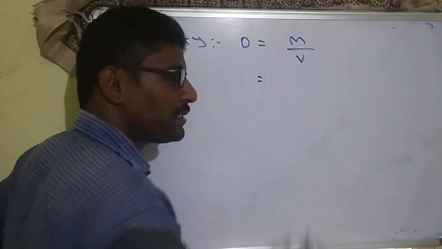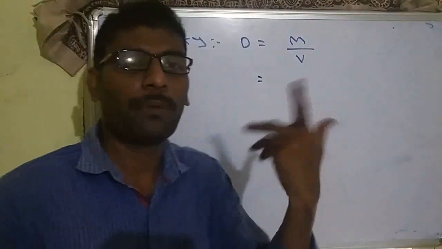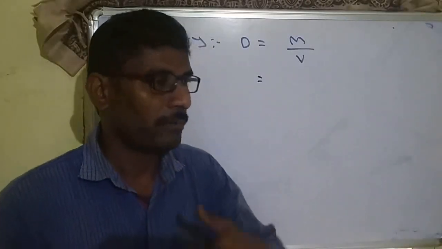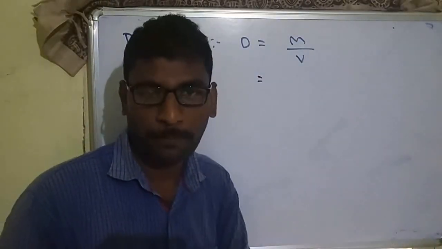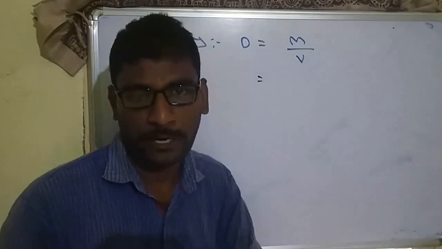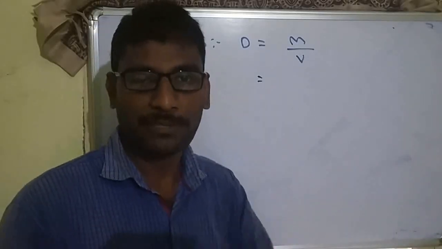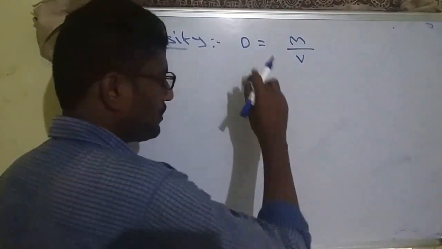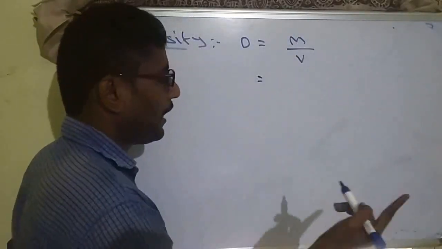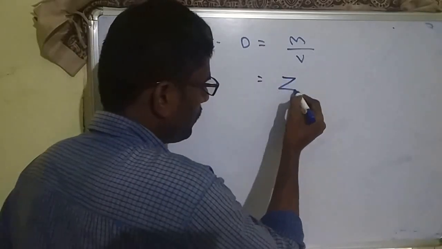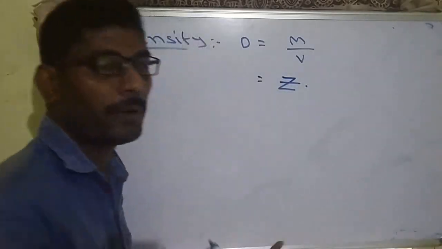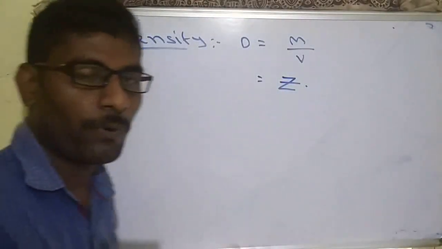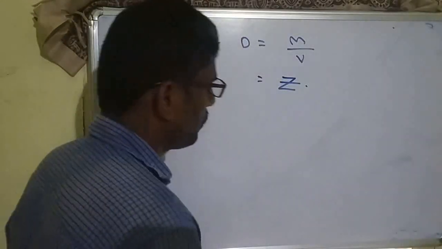Mass of unit cell means, in unit cells, a number of different types of atoms are there, because simple cubic will be one atom, BCC will be two atoms, FCC will be four atoms, like that. So different numbers of atoms in different types of unit cell. That's why we get Z. Z means number of atoms. Simple cubic 1, BCC 2, FCC 4, into